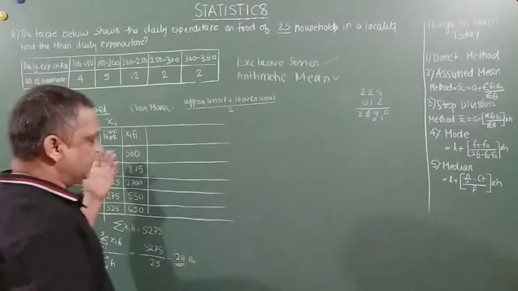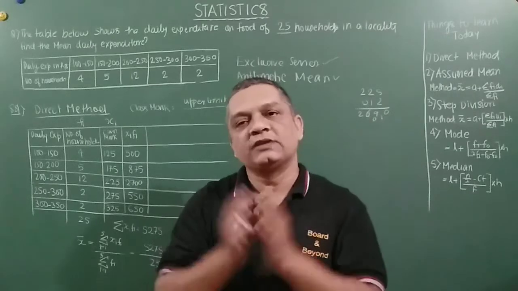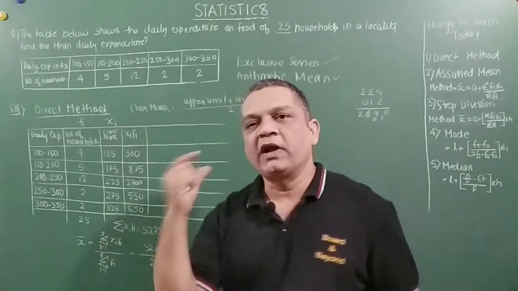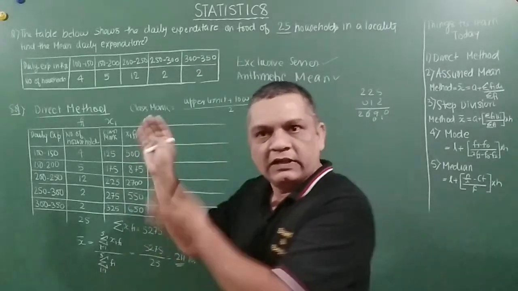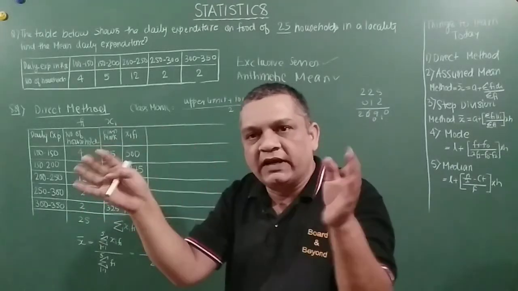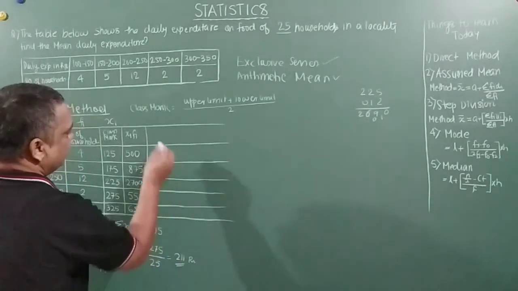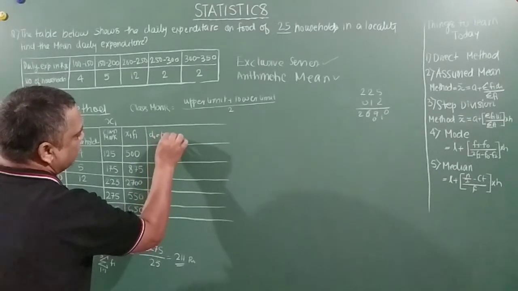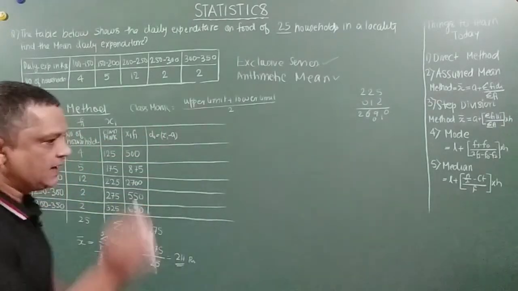Now friends, see, there was a little bit of calculation here. So just to reduce this calculation, what we do is that we assume a mean. Okay, out of these class marks we will assume one value to be the mean, and then we will find the deviation of all the other class marks with respect to that mean, how well it is distributed. Okay, so for that we will find di, which is equal to xi minus a. Right, now before actually calculating this, I must assume a mean.